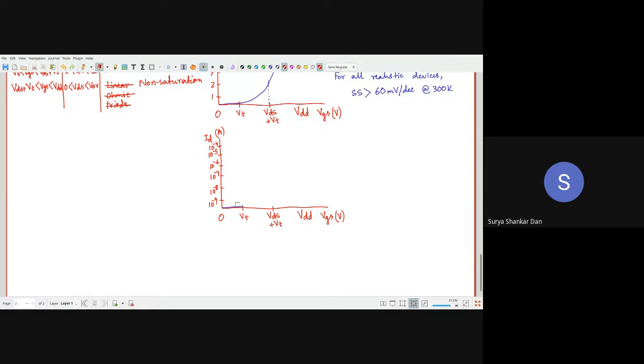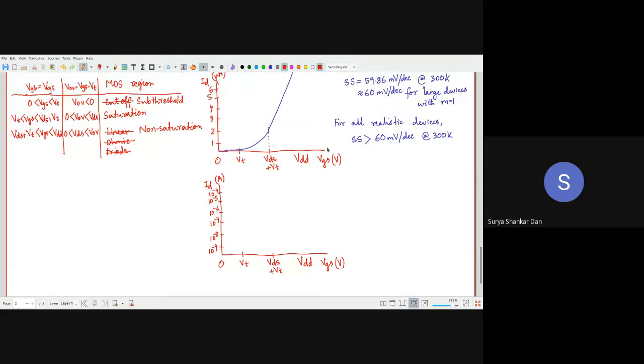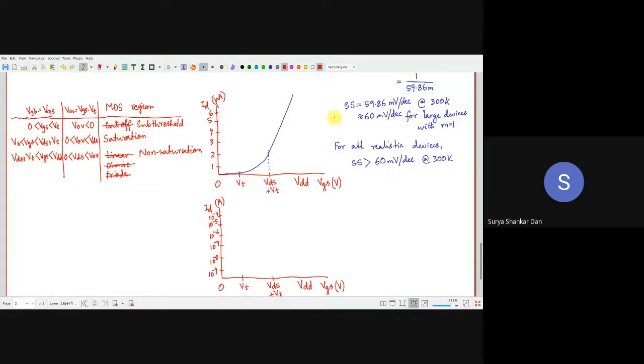Notice something very interesting is going to happen now. Just compare it over here. Notice that when it is above VDS plus VT, okay, understand this carefully. When VGS is higher than VDS plus VT, this part, I'm speaking about this part. What is this region? We have seen it is linear. So ID is proportional to VGS. Okay, so it is a linear region.